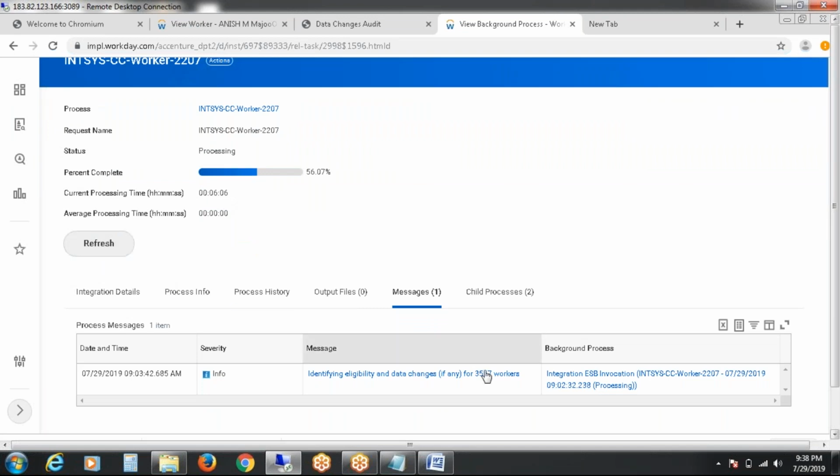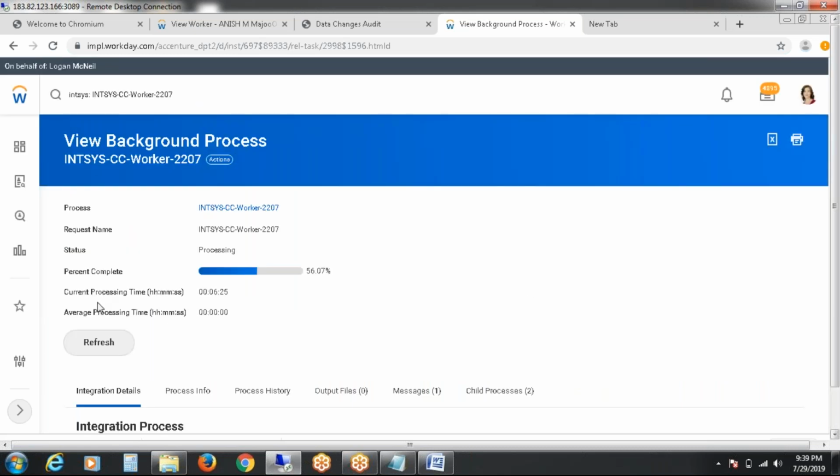Almost in the earlier integration it was like 1017, but now it is like 3500. That's why it is taking much time, because I am running the integration till date.